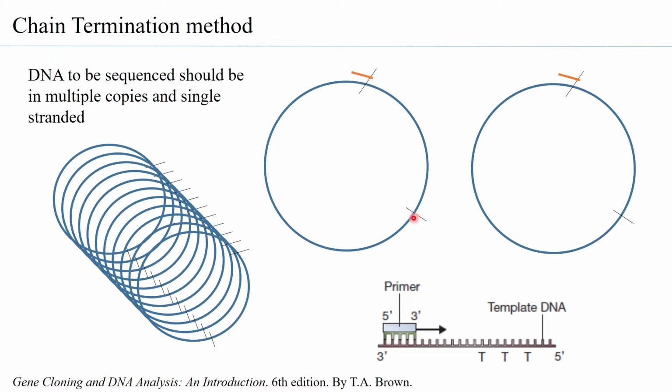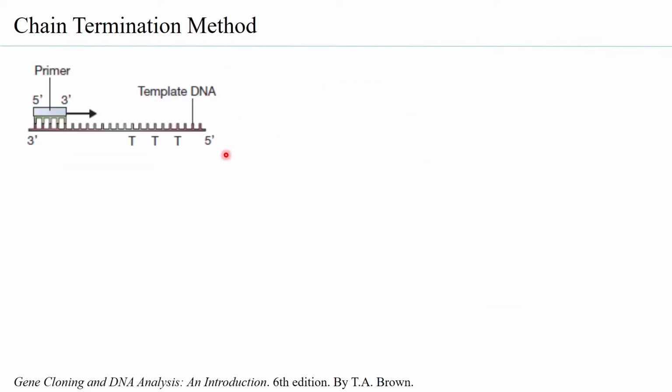So that is the second principle on which the chain termination method is based. Which means that if this has to be synthesized, what is needed definitely is DNA polymerase. Now you cannot just use any DNA polymerase. The DNA polymerase that has to be used in the chain termination method should be